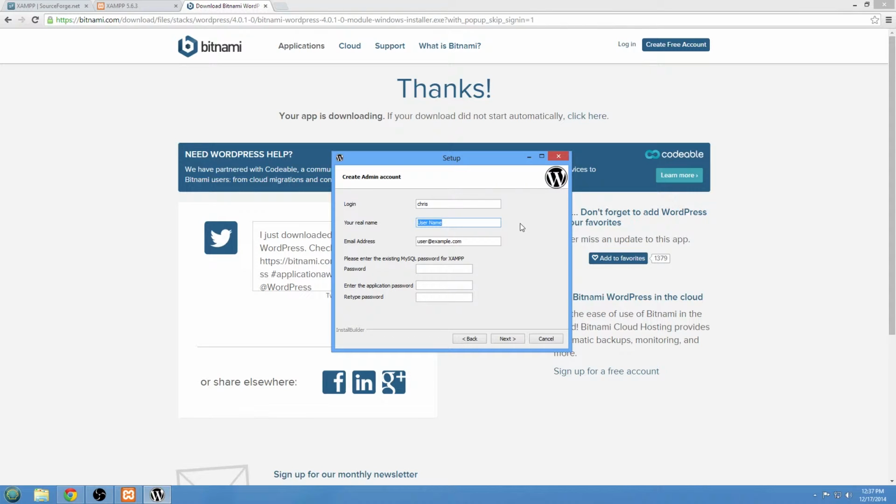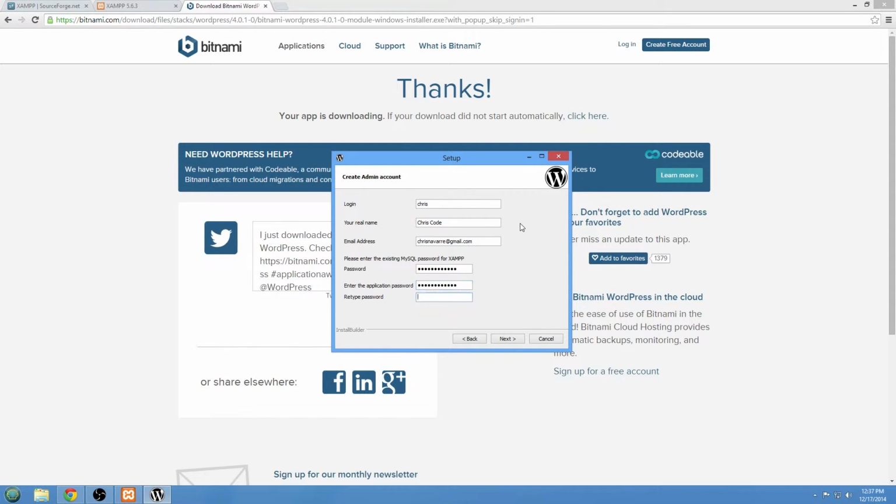For the next field, you may want to use a real email or at least a test email, so that if you ever configure XAMPP or WordPress to send emails, possibly administrative notifications, they can actually get through to your email address so that you can check it to make sure it's actually working. But by no means do you actually have to do that, especially if you're not planning on testing any email